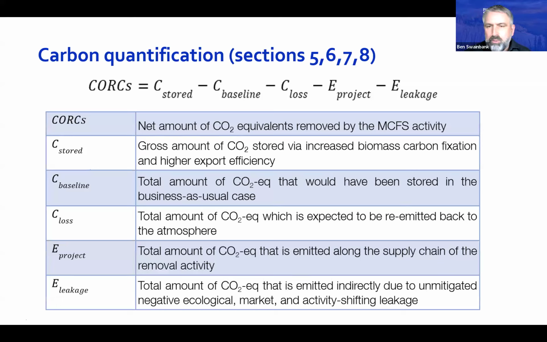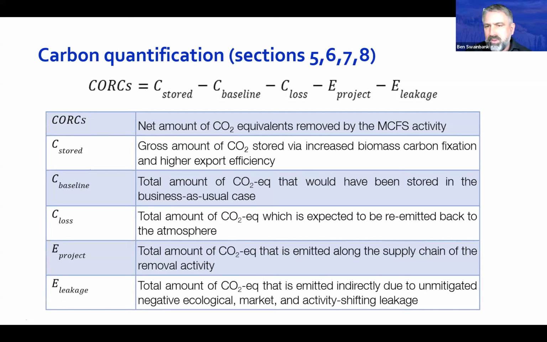And then the next component that will detract from the total cork calculation is the emissions for your project. These could be any sort of emissions that are part of any phase of the project. So it could be during the production of the substrate, could be during transportation. It could include indirect emissions such as power drawn from the energy grid. And so any of these emissions that are related to the project itself are deducted from the cork total.